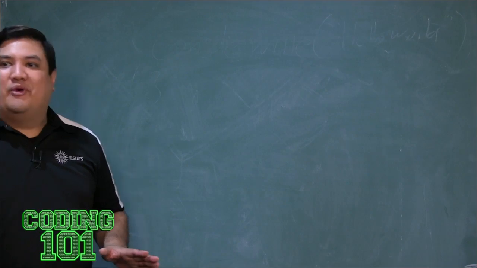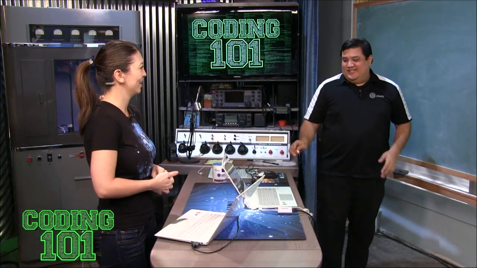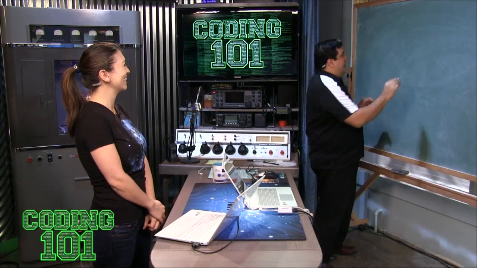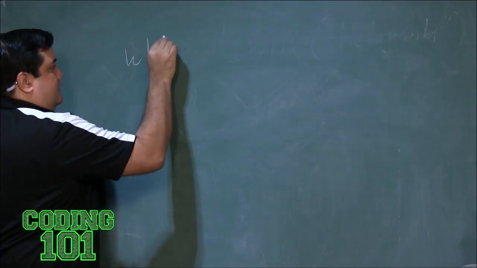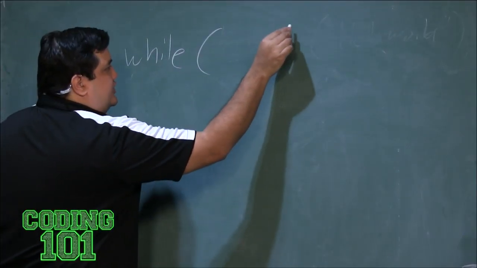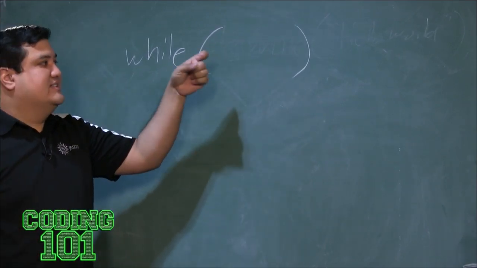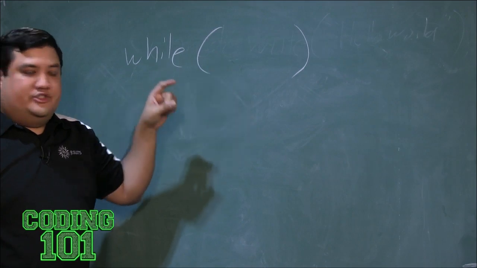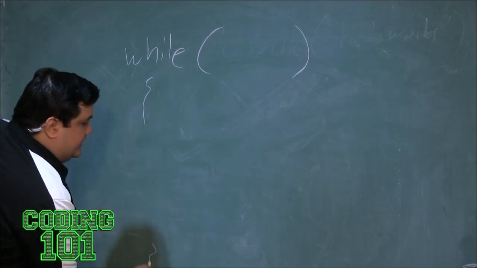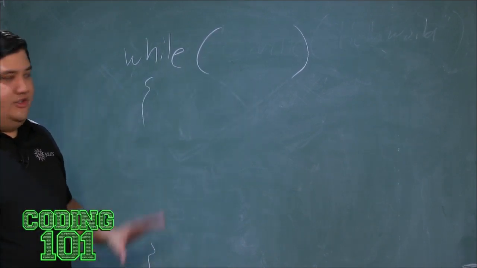Now, let me explain what that means. Boolean? Is that like a boondock? It could be, yeah, absolutely. Let's say I have a while loop, and then in parentheses is my Boolean operator. In other words, it's going to say, as long as this thing is true, continue to do whatever I find in there. So that's my code.